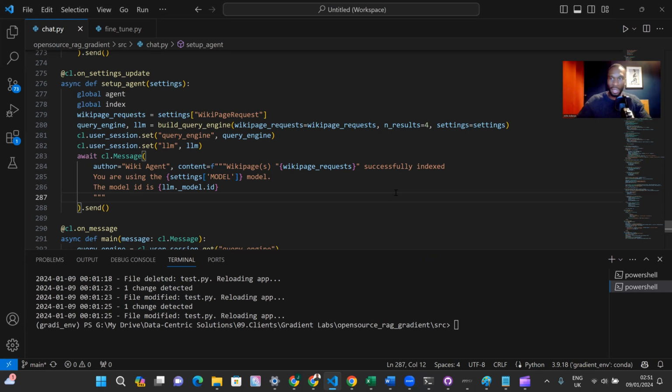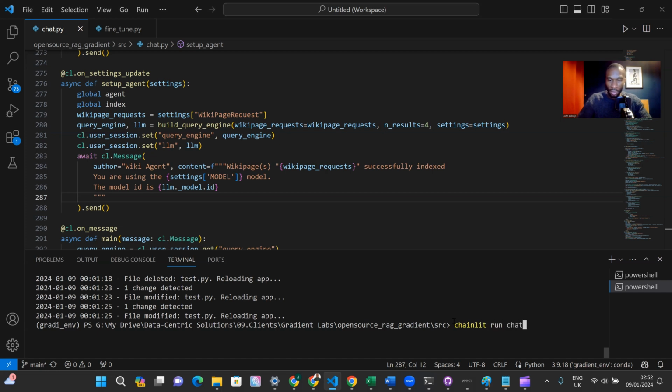Right. So we have tested the baseline model and we've tested the fine-tune model without RAG. Now we can step back into our Python script and actually see how those models perform with RAG. And as I said, some of the insights here might surprise you. So getting the models up and running is quite easy. All you need to do is run the command chainlit